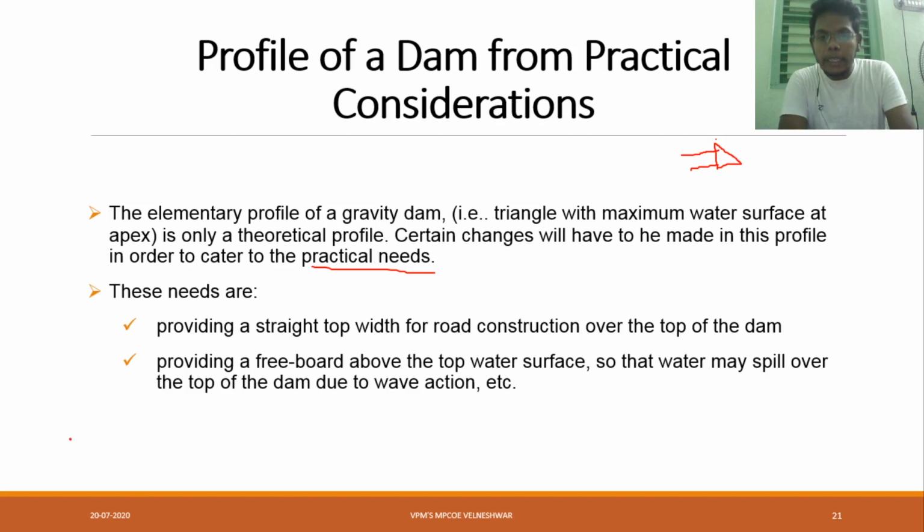Now, providing a straight top width for road construction over the top of the dam. Here we have to see, we are having two conditions. One is providing a straight top width for road construction over the top of a dam.